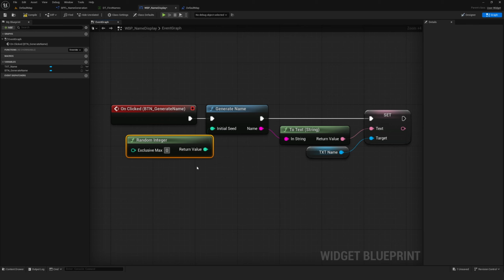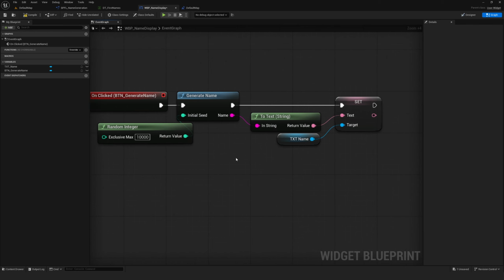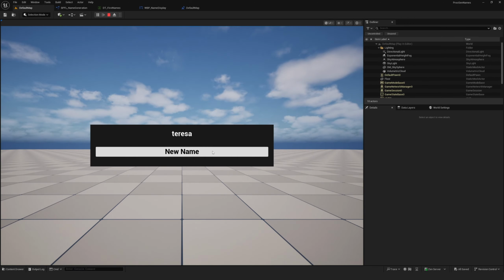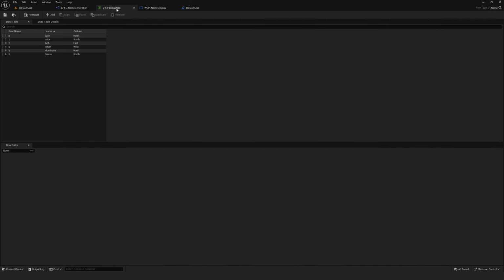Could give it a max, let's say 10,000. So now every time this runs, we should be getting a different name. Perfect. All right, now that we have a first name being created, let's go ahead and look at creating a last